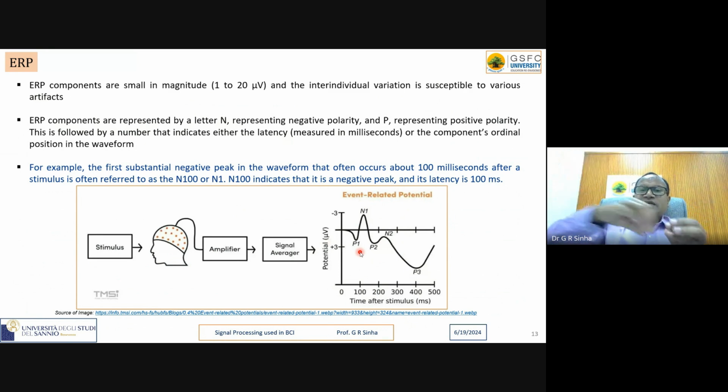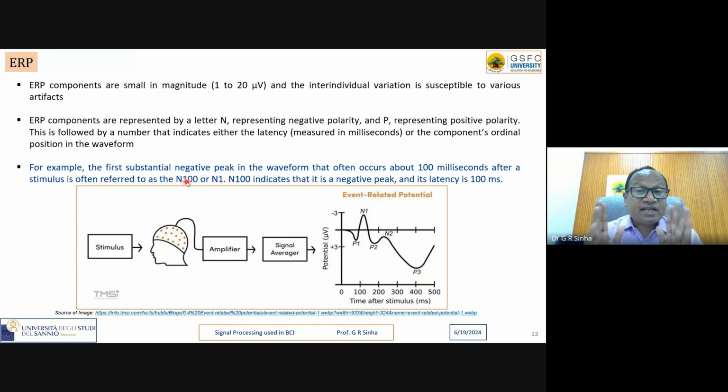How much time is the latency, the delay? Latency follows the number. When you say N1, 100 millisecond is the latency time. So P1, 100 millisecond is the latency, or the component's ordinal position in the waveform. For example, say the substantial negative peak in the waveform occurs 100 millisecond after a stimulus, it is referred to as